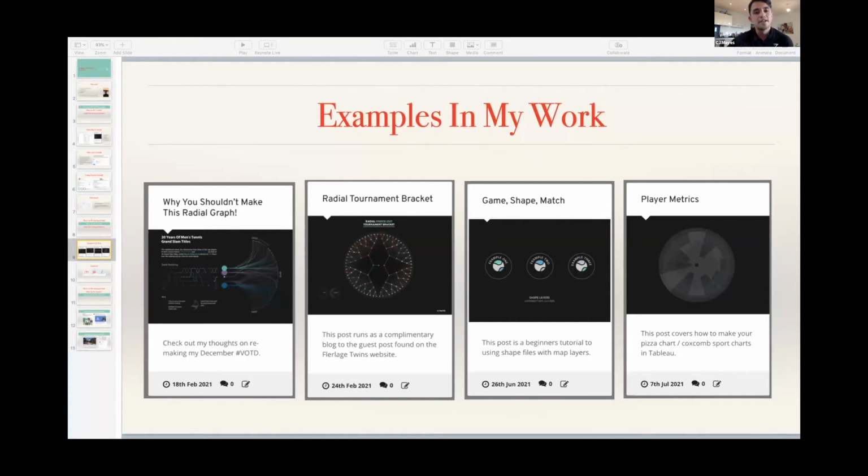players in terms of end of year ranking, followed by a radial of who had won each Grand Slam for that decade. Next, we have a radial tournament bracket, which was coined from a guest blog of a normal tournament bracket that I did in collaboration with Kevin on the Twins website. The third is a shape layer tutorial, which may be of interest, using layering to create bespoke visualizations. I think this is quite popular in the community at the moment,